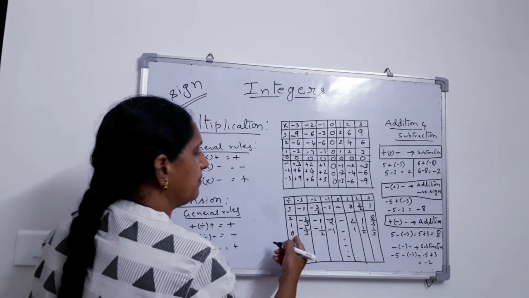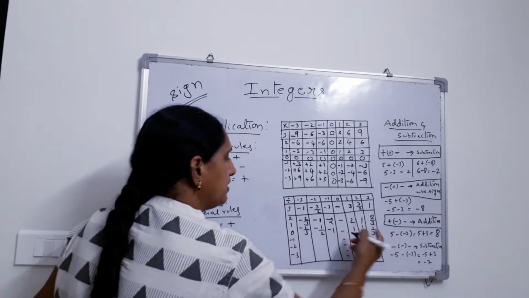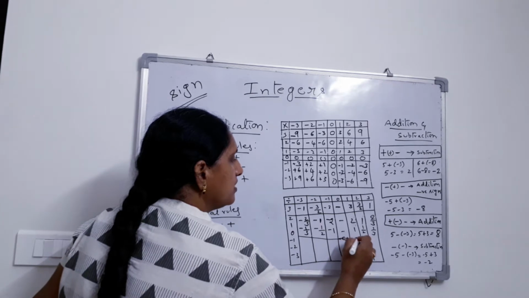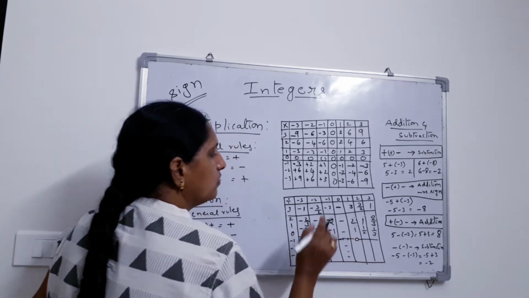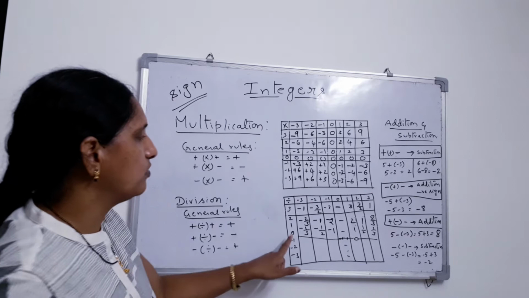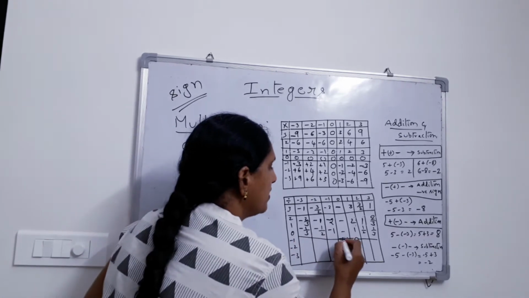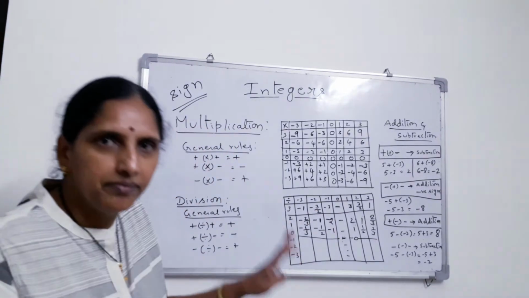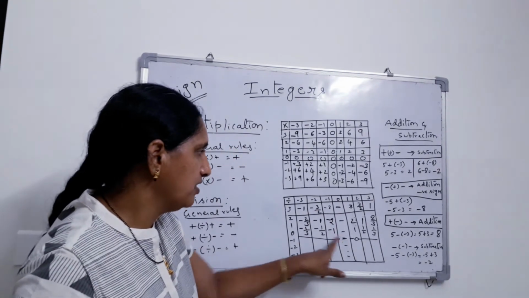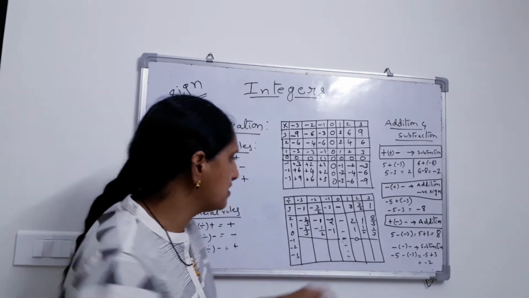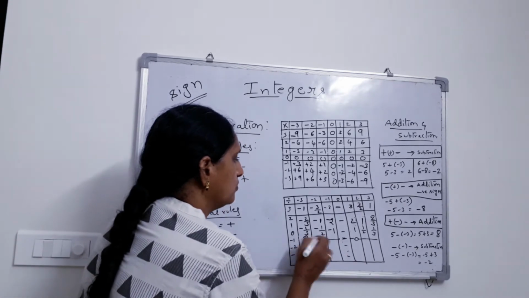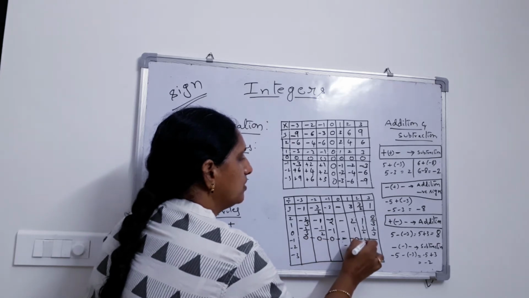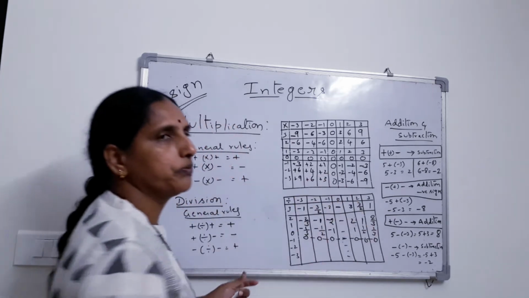Okay, so now the next part is 0. 0 divided by anything, everywhere it is 0. So everywhere it is going to be 0. And here this part again, 0 by 0. This is 0 by 0, not defined. So again we are putting a dash here. And in all the other places 0, 0, 0, 0, 0, and here also 0.